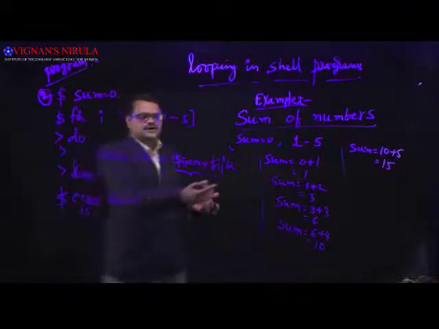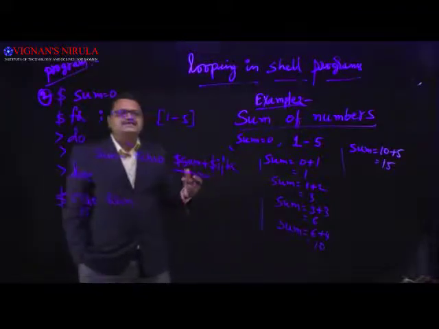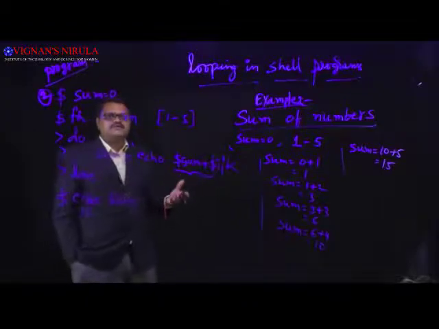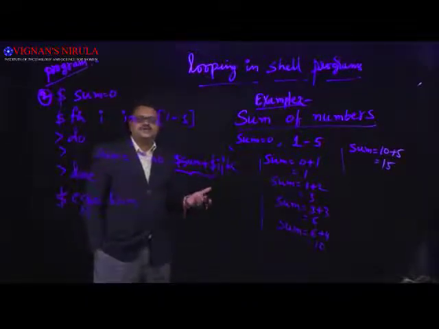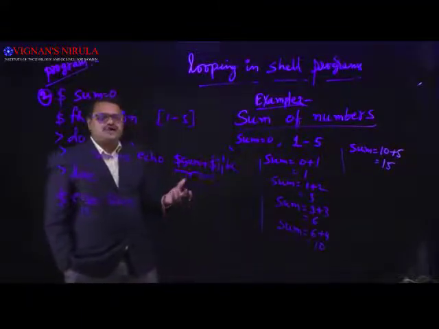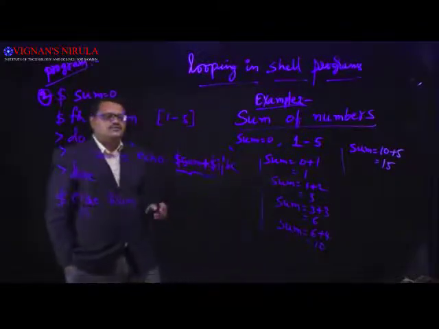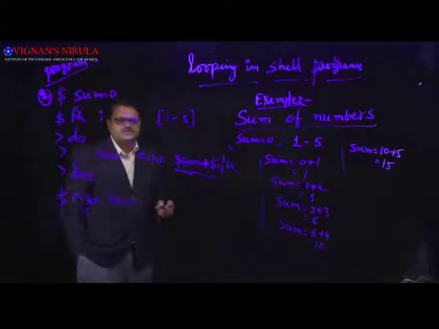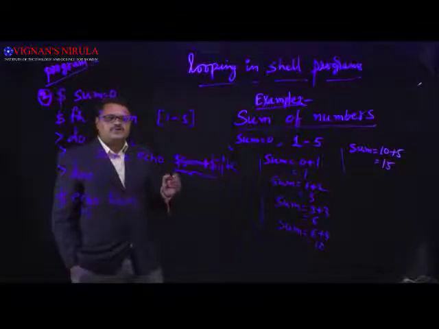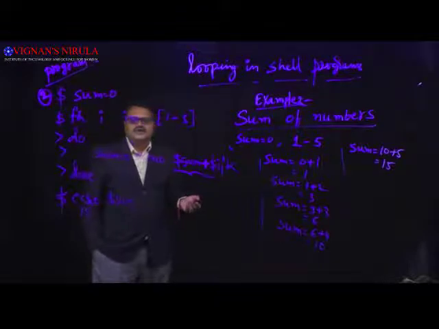Okay. So instead of using expr, we are using the bc command here. The bc command is basically a basic calculator. For example, if you want to perform simple arithmetic operations like plus, minus, multiplication, division, modulo, scaling and base conversion, we can do many functions. What we are doing here is a simple addition operation using the bc command, because the sum of the numbers requires the plus symbol, so the plus operator is required here. So we are doing that addition using the bc command. Okay, so this is one way of doing it.